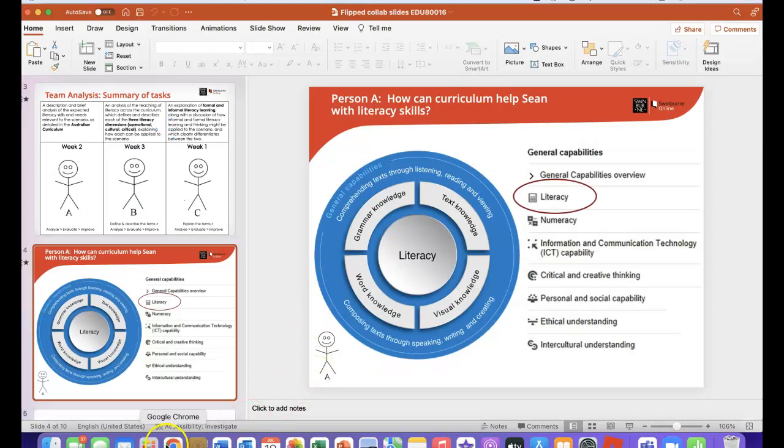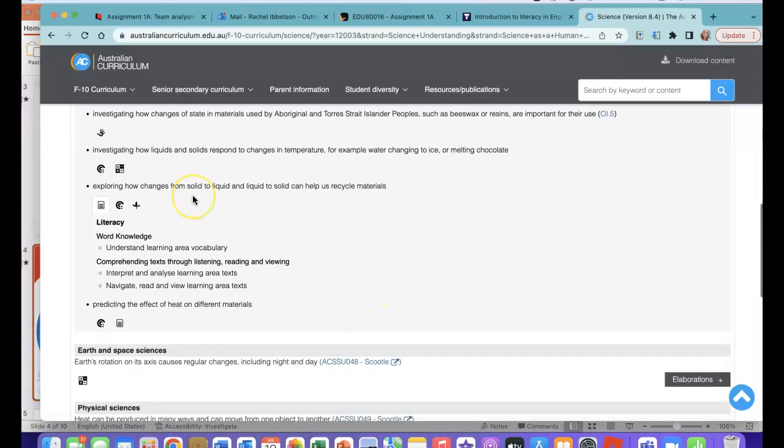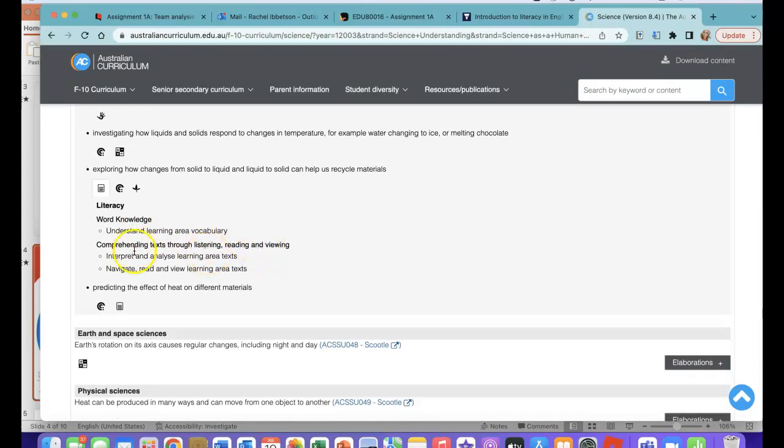If I go back to the Australian curriculum here, you will see that from that pie, we have word knowledge because there is a lot of specific language dedicated to science, understanding, learning area vocab. And also we need the kids to be able to comprehend what it is that they're reading. So through listening, very much related to multimodal learning through the auditory, reading and viewing, they're going to be able to interpret and analyze learning area texts, navigate, read and view learning area text. Thinking about that word navigate, you can see that there could be a lot of perhaps websites that kids need to scroll through, and they need to be able to think